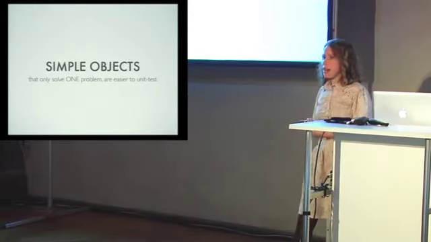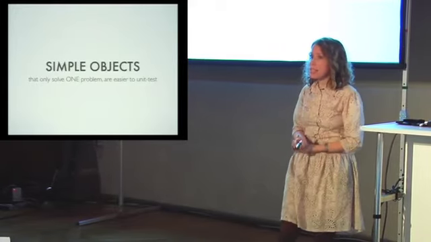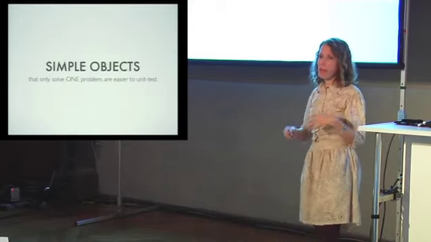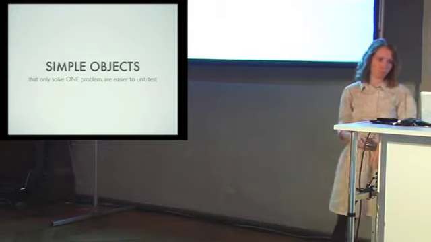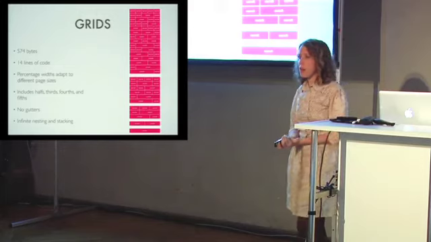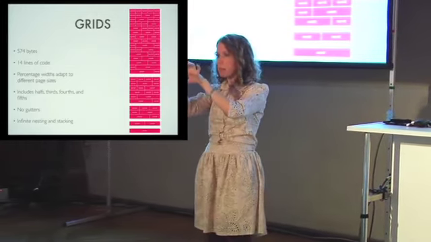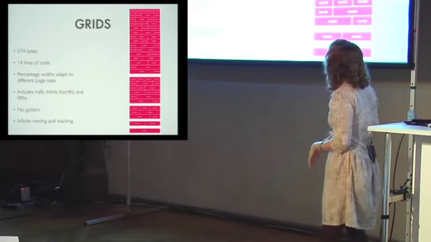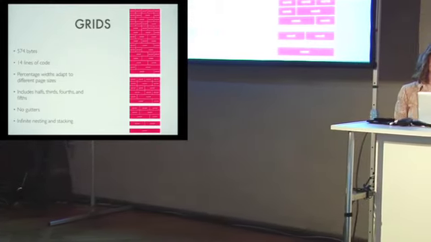The key to it is having simple objects that solve one and only one problem. We can't unit test something if everything in the kitchen sink is thrown in. So even in a visual way, we have to break things down so that each object does one clearly testable thing. Grids, for example, are the same as the media object. We can test if they're broken. We can test if they're dropping below, because the height of the wrapper should never be taller than the tallest of its child nodes. So looking at that kind of testing as well.